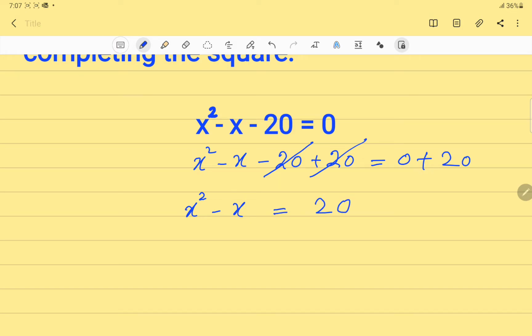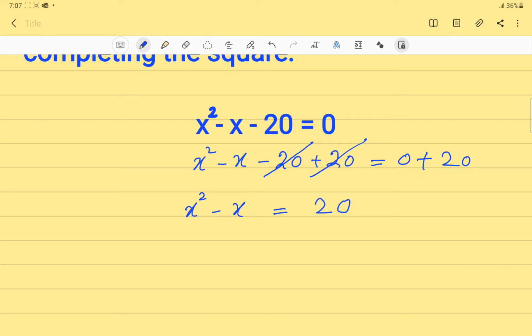After that step, we check if there is any coefficient of x squared other than 1. If it is 1, then it is okay. In this case it is 1. Whenever the coefficient is 1, we do not write it, that's why we write only x squared instead of 1x squared. Otherwise, if we have a coefficient, then we have to divide the whole equation by that number in order to remove that coefficient from x squared. Since that step is not needed here, we will now go towards the step where we will be completing the square.